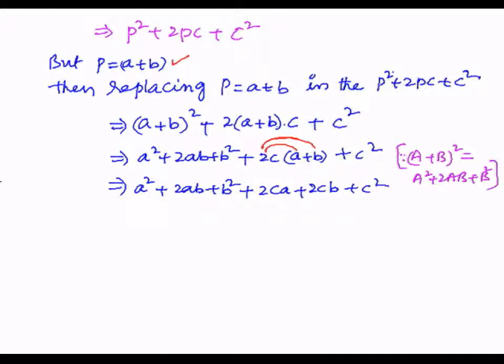So here, by grouping in an orderly manner, all the square terms first: A square plus B square plus C square, plus 2AB plus 2BC, since 2CB can be written as 2BC, plus 2C into A is 2CA. In this manner I got, hence, I took the LHS, and this is nothing but the RHS.